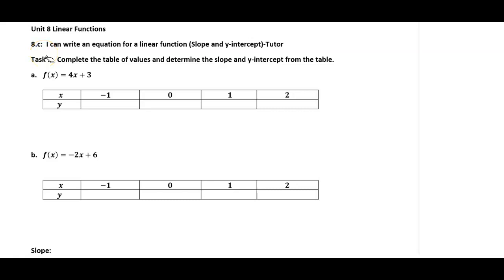So this is basically 8.3 part 1, which is the first method of writing linear functions, primarily when you're given the slope and the y-intercept. And the first thing we're going to do is dissect and break down the slope-intercept form of a linear function. So if you're given this function rule, f of x equals 4x plus 3,